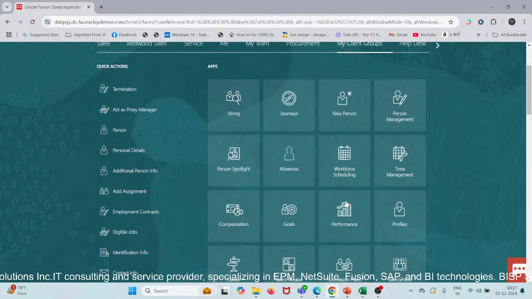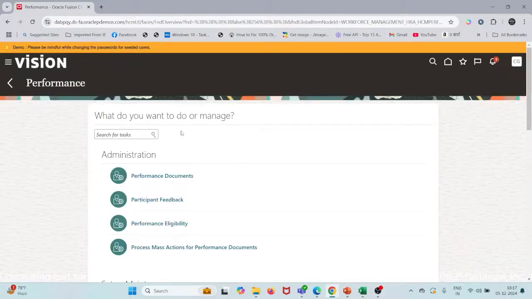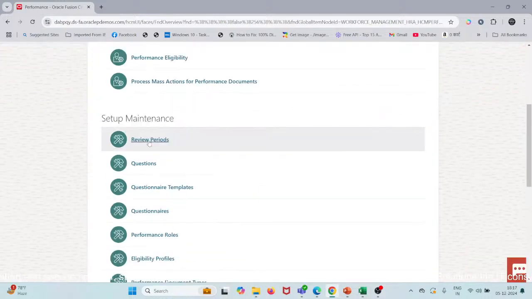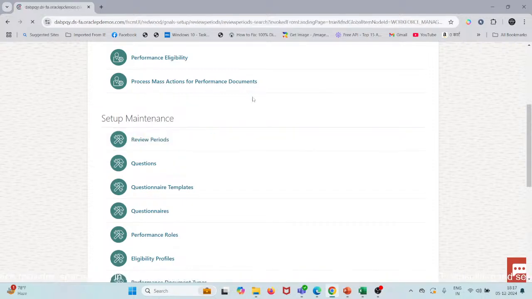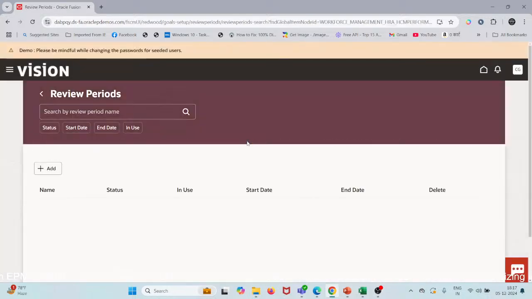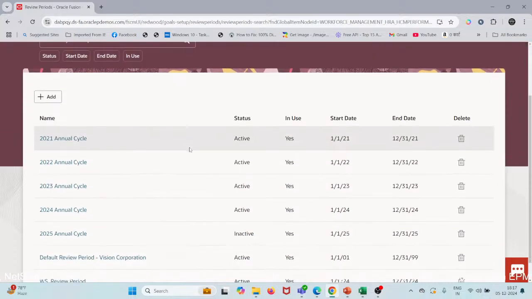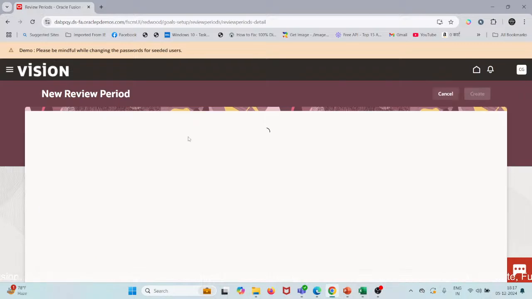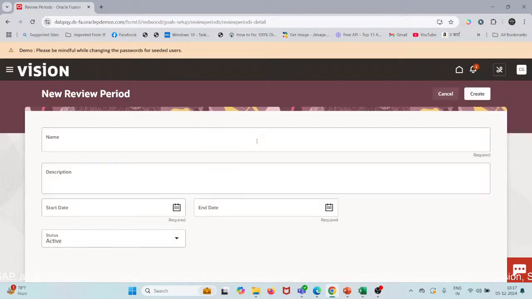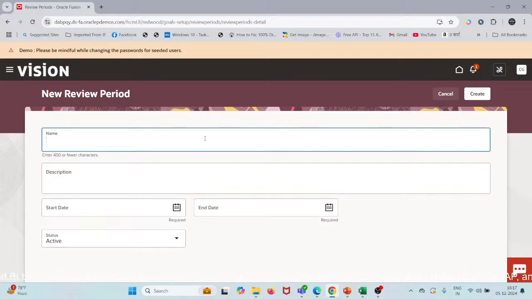Okay, so this performance. Under setup maintenance, you will find the first option, which is the review period. I'll click on it, and I'll click on add. Now here, let's provide